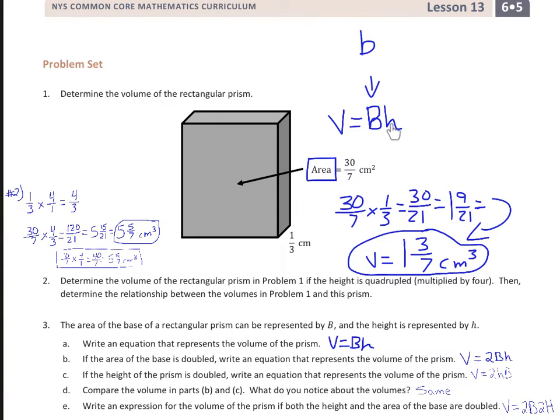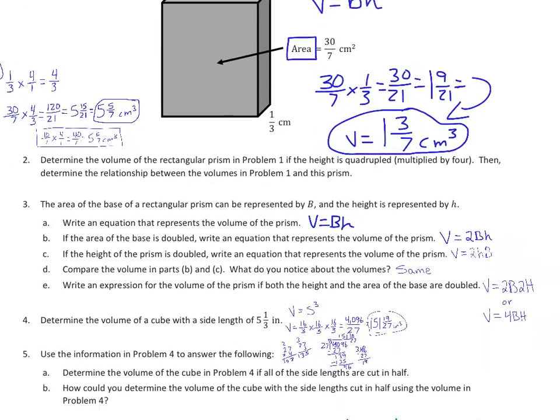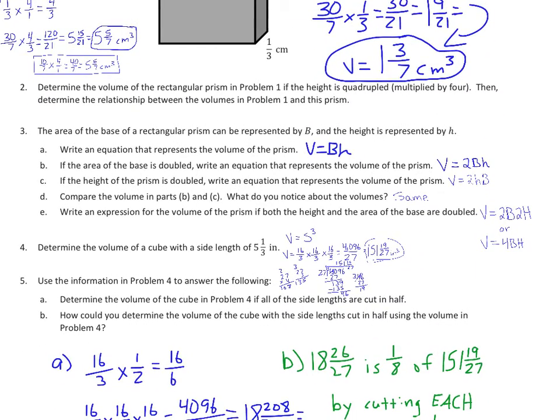So you're really just doing 4 times h times b, which would just give you 4 times of what those two things are. All right, moving down here, number 3, couple things to clarify. So base times height, and then we have double the base times height. We could do double the height times base. It's the same thing because whichever thing you decide to double, it's still going to